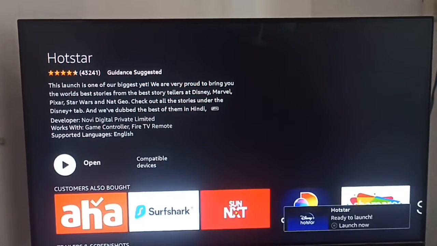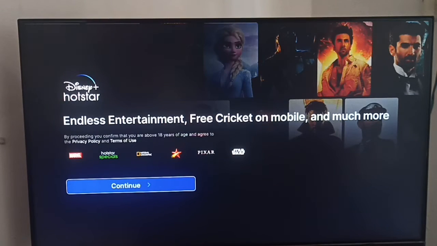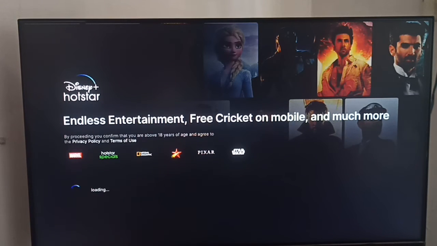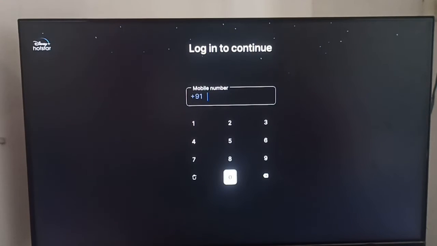Now guys, our application is installed, so you just click here to open, and it is in the opening phase, and you can watch and enjoy your Disney Hotstar. Okay, here you can click OK and enter your mobile number. If you have the subscription, you just enter your mobile number and you can get the OTP